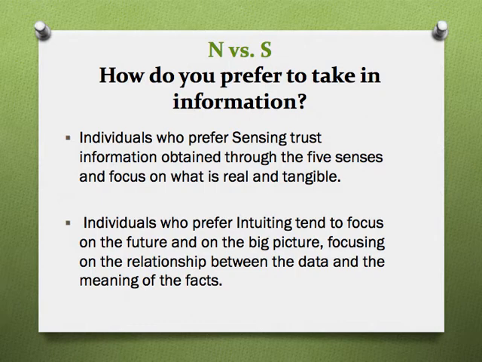I facilitate this workshop. So now we're going on to the N or the S, and that represents how you prefer to take in information. So if you look on page 7 and 8 of your handout, the S is on page 7. If you read through those, an S tends to be more fact-oriented, more practical, more specific, and N tends to be more possibility-oriented, vision-oriented,